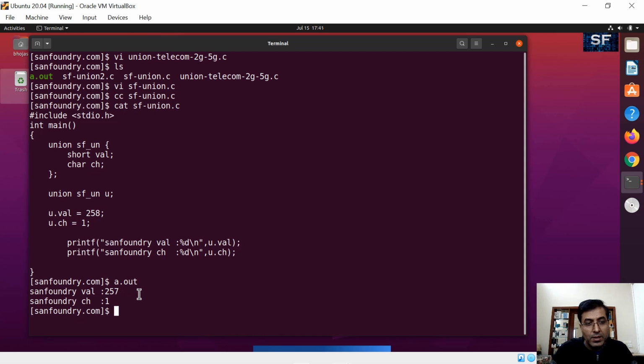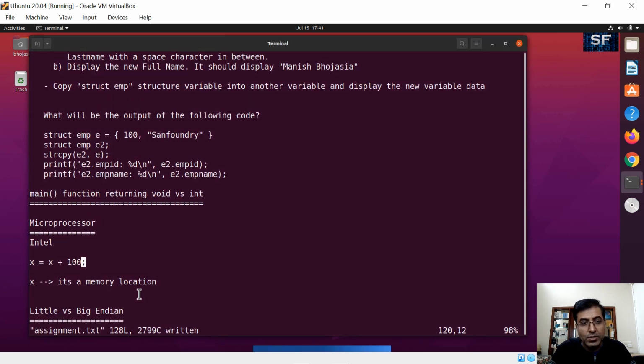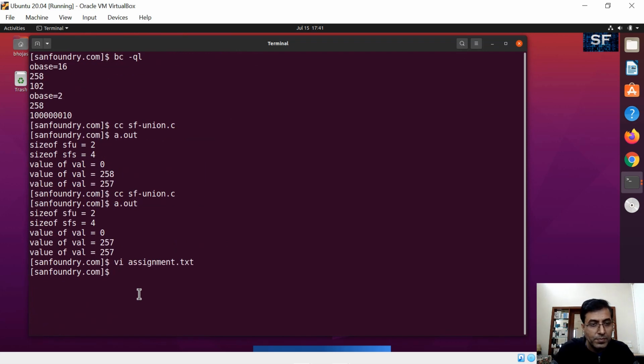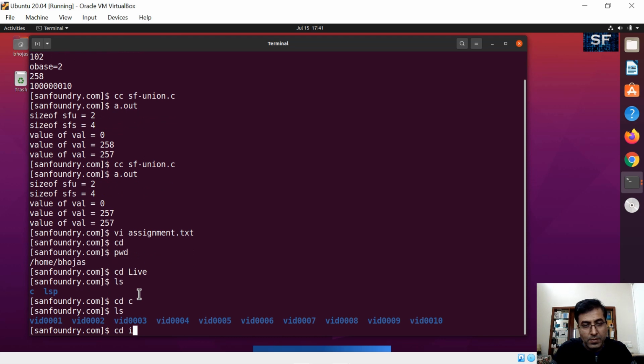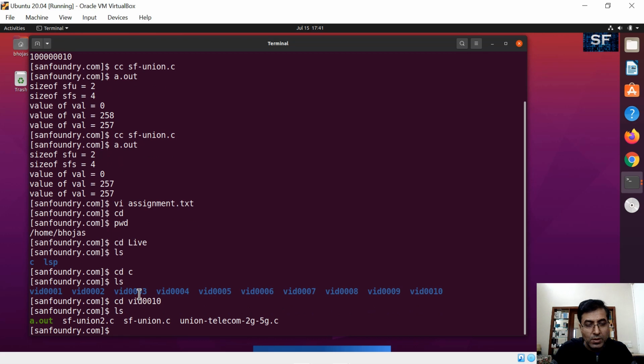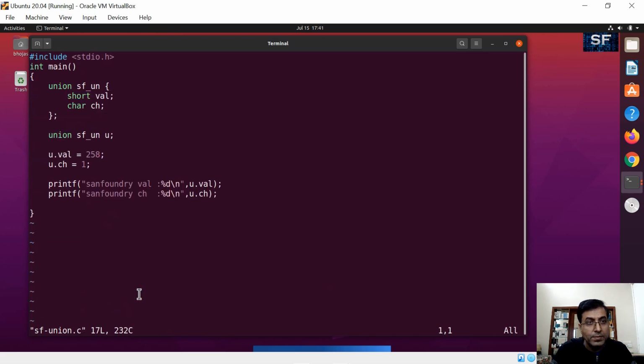If I change it a little bit further, so let's change this code. We will say sf SandFoundry union.c, and then I will make it 257. So this is 257 now, right?